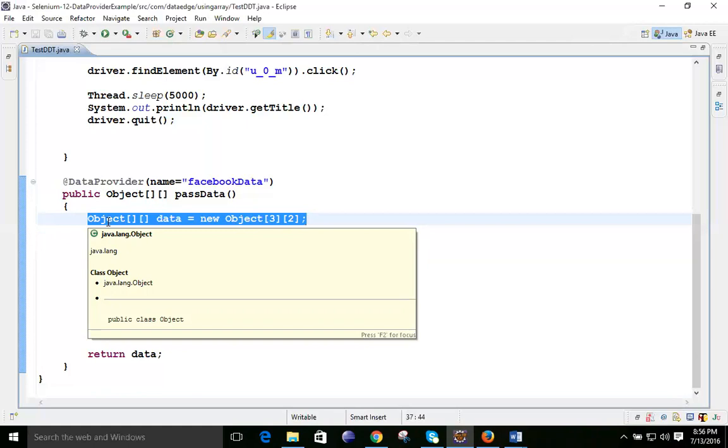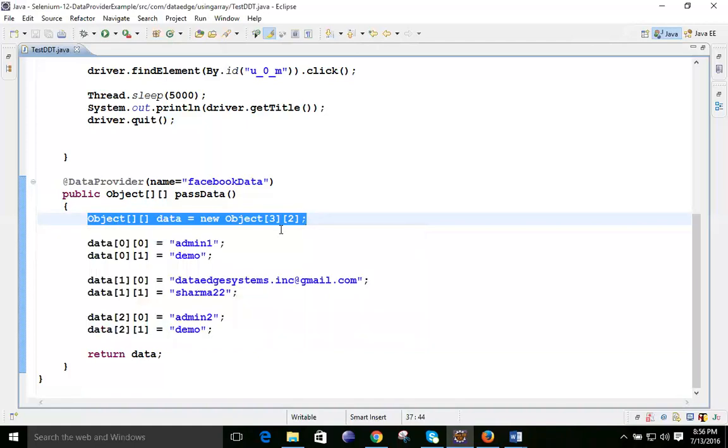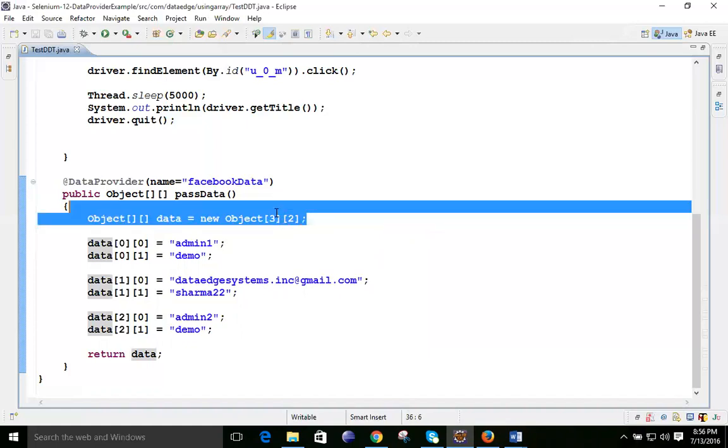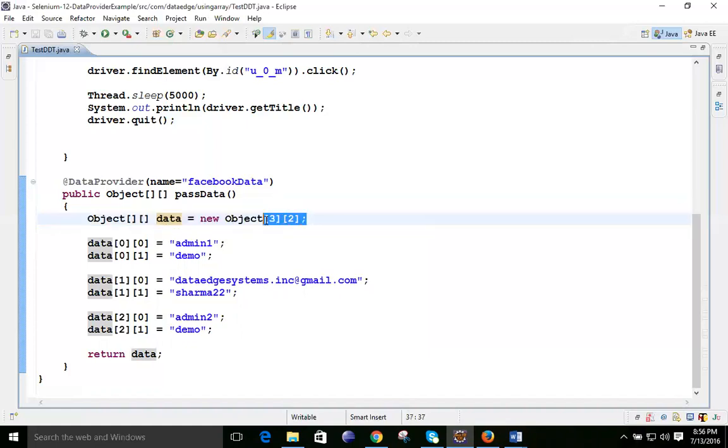So this object is the super of every class. Whatever type of parameter you take, object is going to accept it. Object two-dimension array is the name of the array, and here I am taking the object array size as 3 rows and 2 columns.